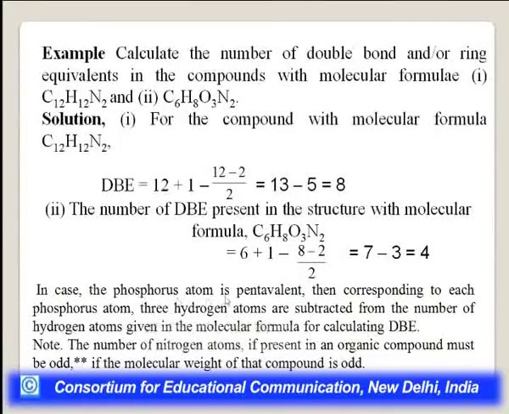In case a phosphorus atom is pentavalent, then corresponding to each phosphorus atom, 3 hydrogen atoms are subtracted from the number of hydrogen atoms given in the molecular formula for calculating double bond equivalents. The number of nitrogen atoms, if present in an organic compound, must be odd, then the molecular mass must be odd. So in this way, for different compounds, if it is containing sulfur, if it is containing oxygen,